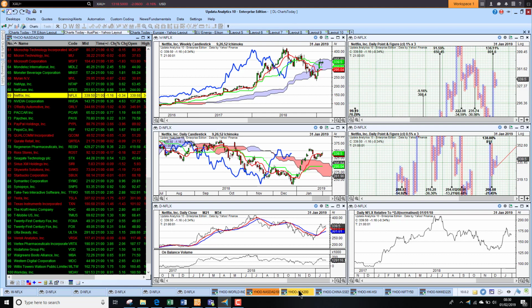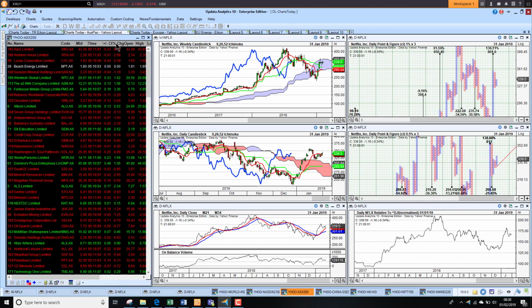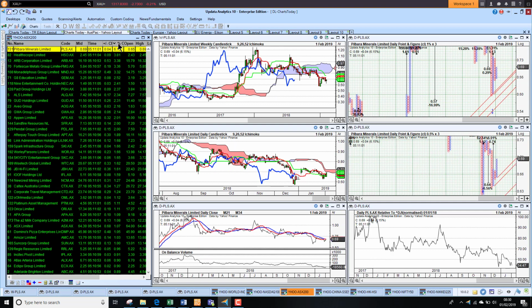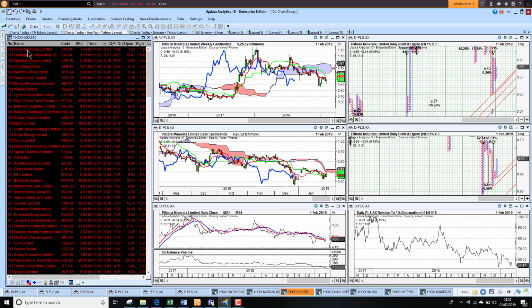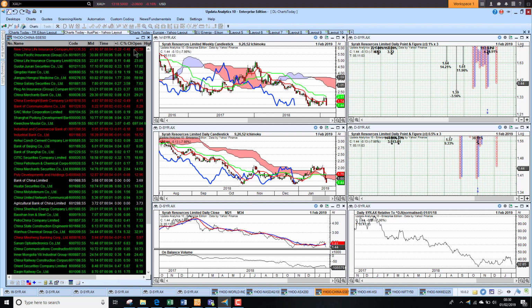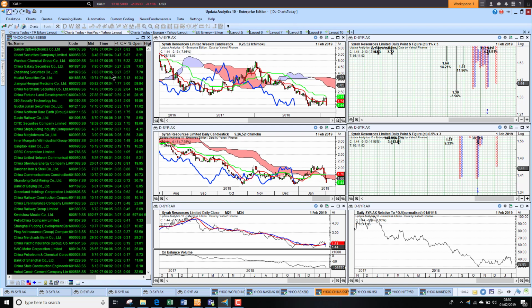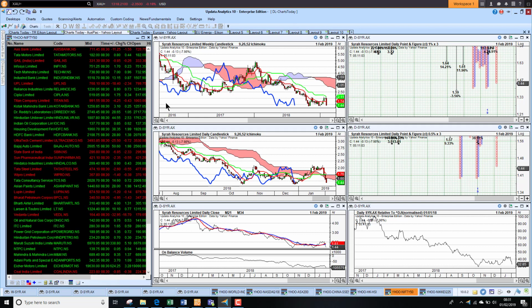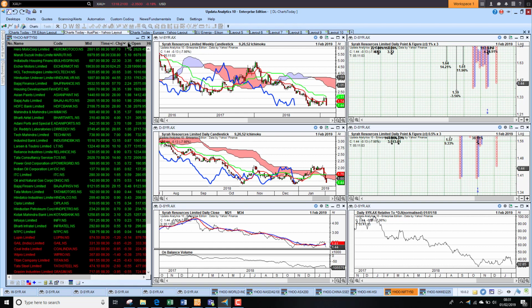Taking a look at the Aussie market, we saw it's been fairly flat. We had Pilbara Minerals up 6%. On the other side of the coin, Syrah Resources continues to struggle, down a further 8%. So they've had a terrible week, as we see showing up in the candle here. China, we had a fairly strong showing in the market, and so that's showing a lot of green. Hang Seng, similar, and the Nifty 50, we talked about the Indian market looking pretty good.